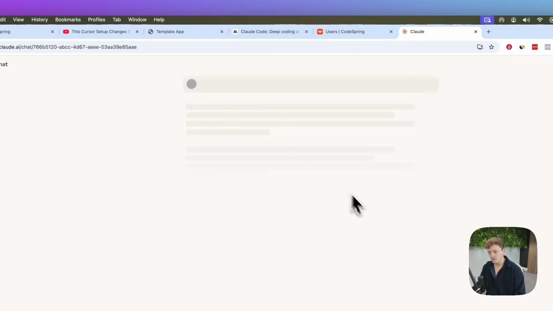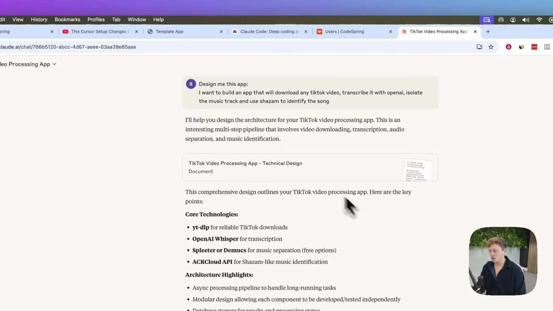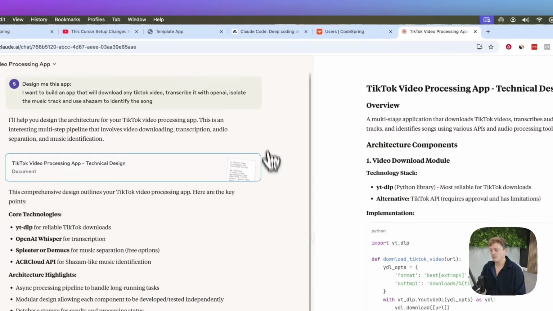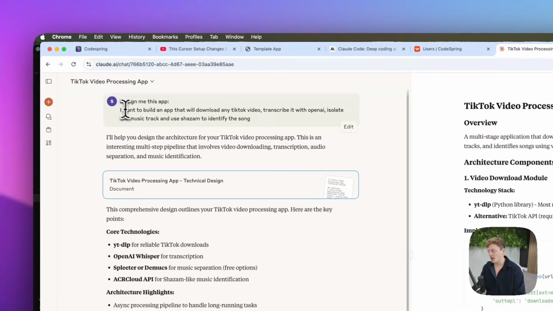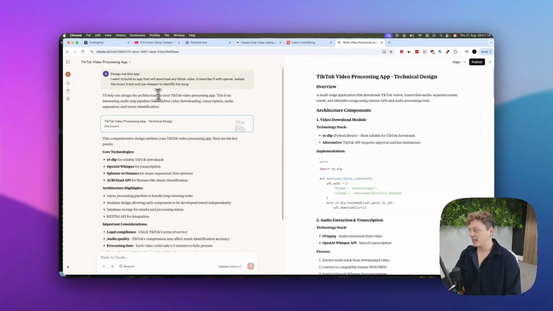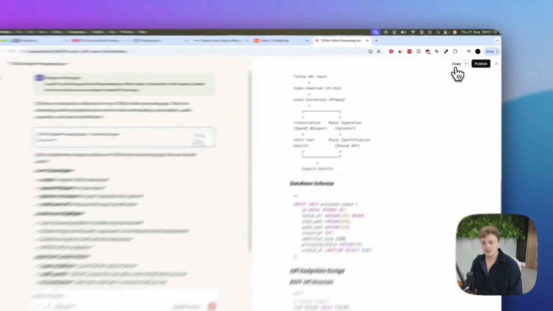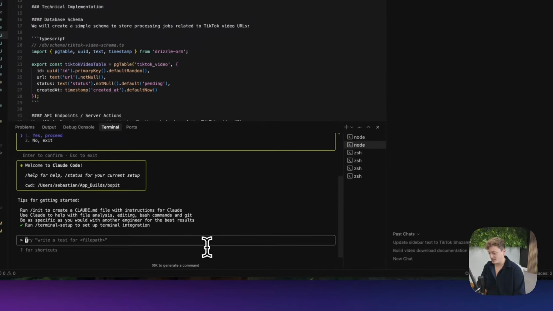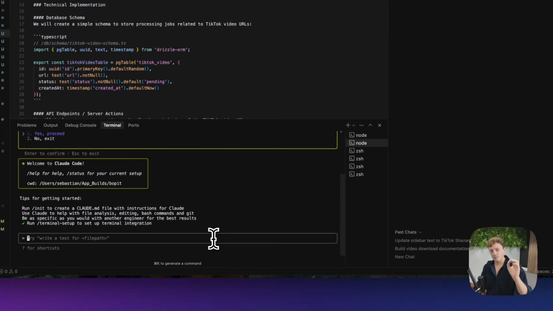Why is this different to using something like Claude to create our requirement docs for us? Typically, somebody would go into Claude and say, design me this app, give them a list of features, and then get Claude to go ahead and create a detailed technical prompt on how to build their app. At this point, most people would just copy this, paste it directly into Cursor or Claude Code and get it to build for us. The problem with this is it doesn't have any technical understanding of the rest of our